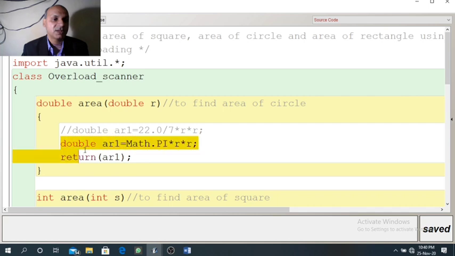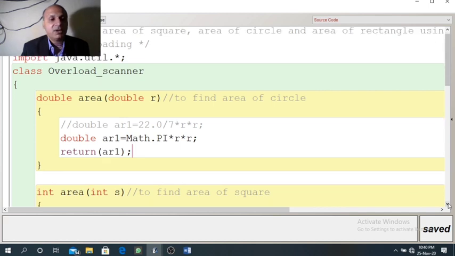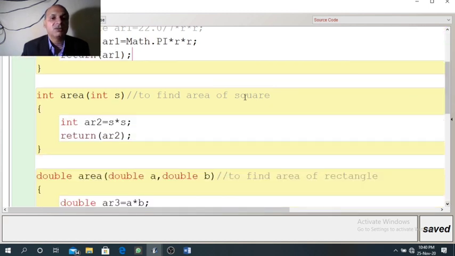Now the logic of this function, pi r square is the formula. So AR1 is declared a double value that will store the area of this circle. Now return statement is required since we have return type function. In the same way, we have designed another function to find the area of square.